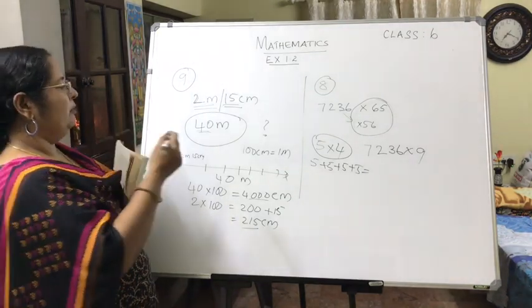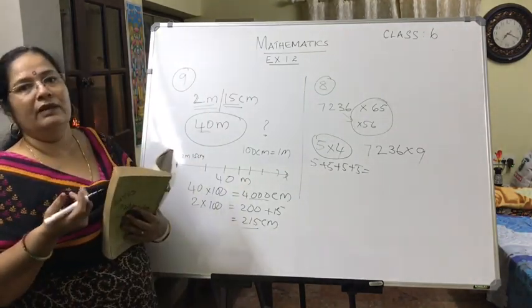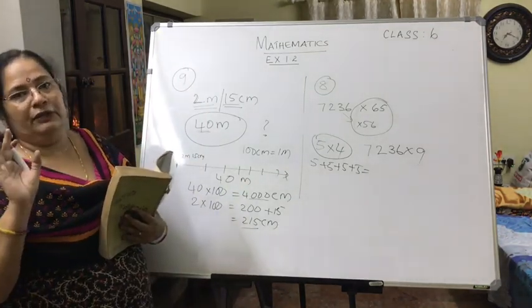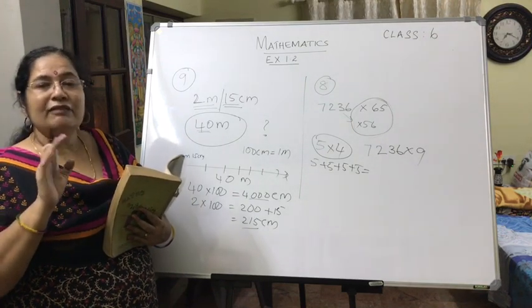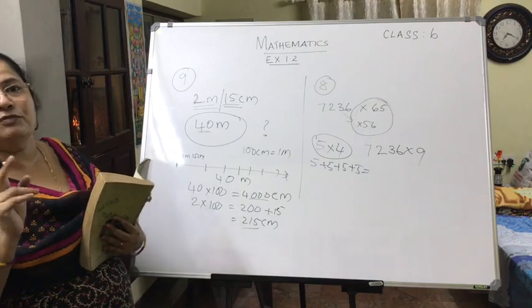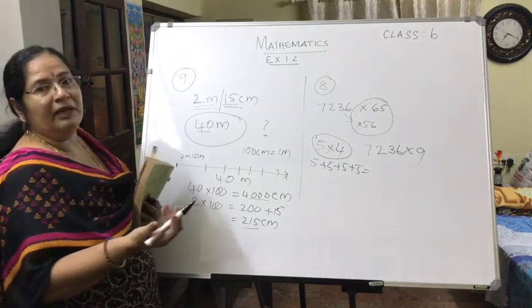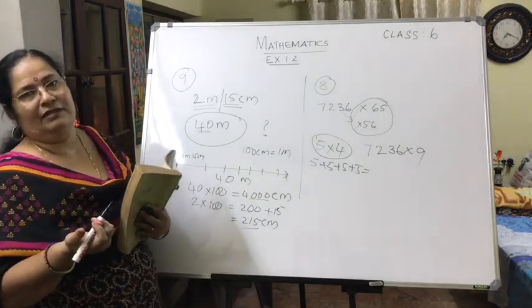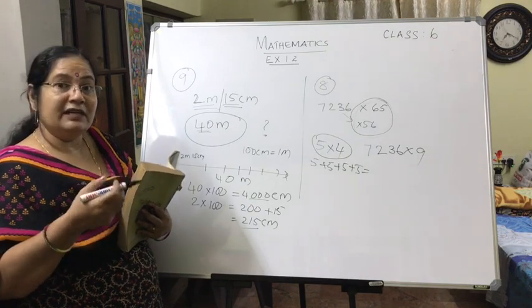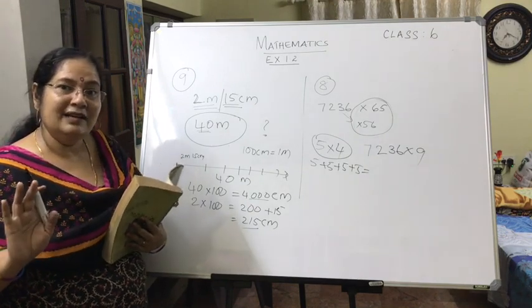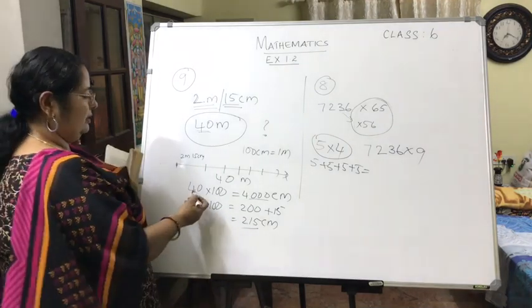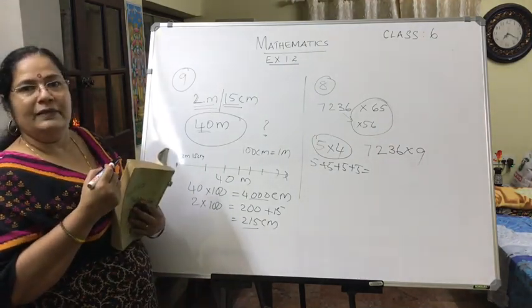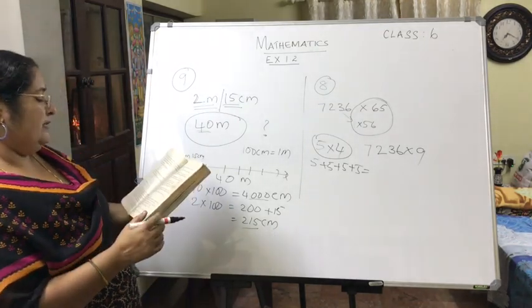Always, if you are getting questions like this, try to convert the units to one single unit, if it is given as two different units. And it is easier to convert bigger ones to smaller. Why? You only have to multiply with 10, 100 or 1000 like that. And when multiplying with 10, 100, 1000, what will you do? You will simply add the zeros. How many zeros are there? You just add them along with it, keeping the number the same. Is it clear? Now, one more question we will do.